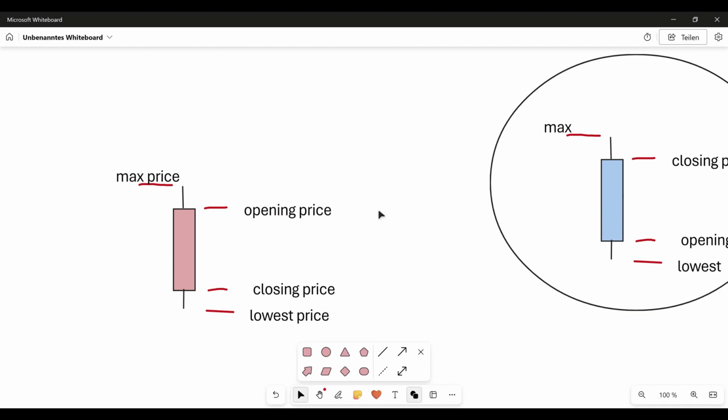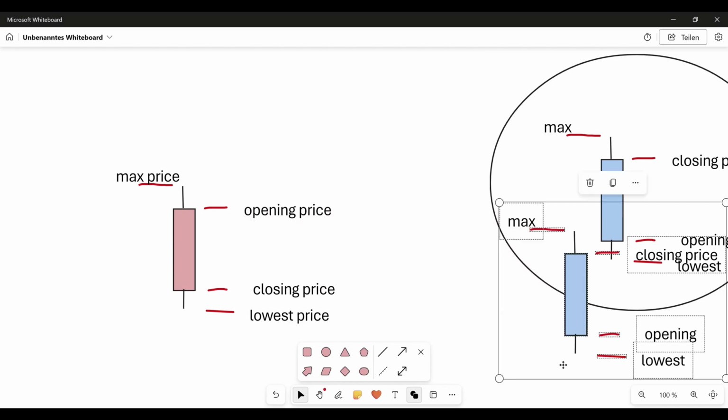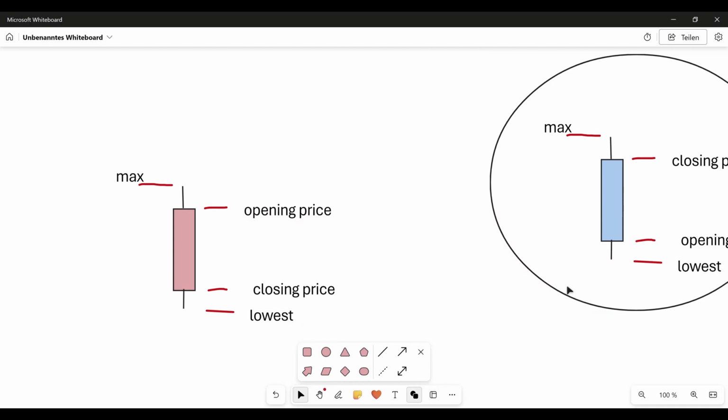The lowest price is always going to be the lowest price, just that the closing price is the lowest price. So we have the maximum price, but in the bearish candle,